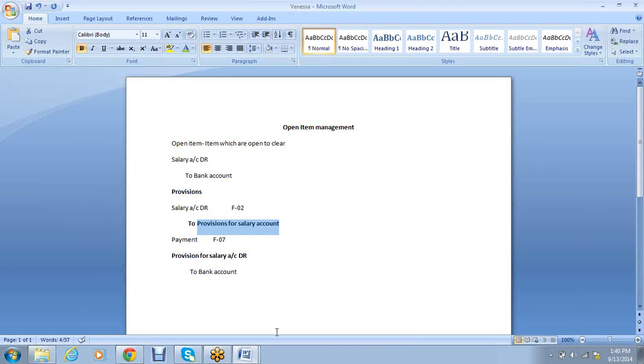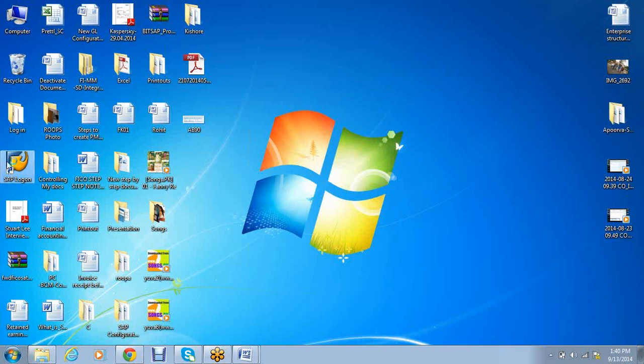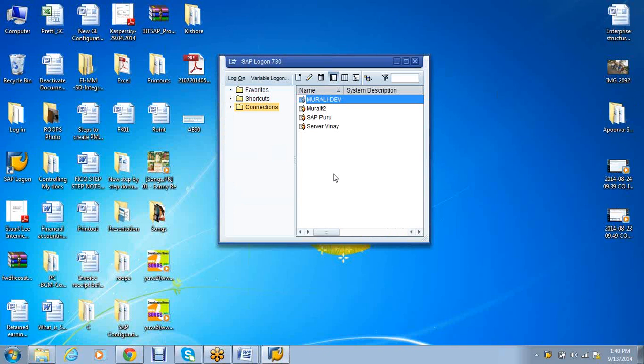Okay. So in FBL3N, there are three statuses for any GL account: open item, cleared item, all item. So your red circle,